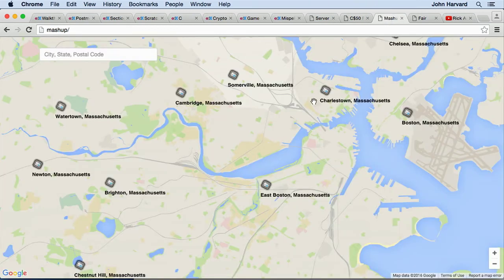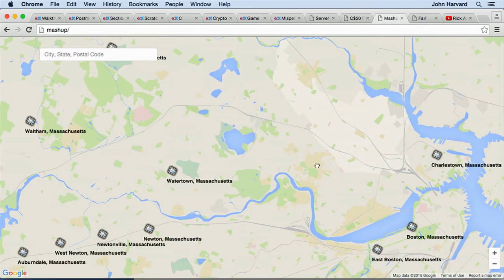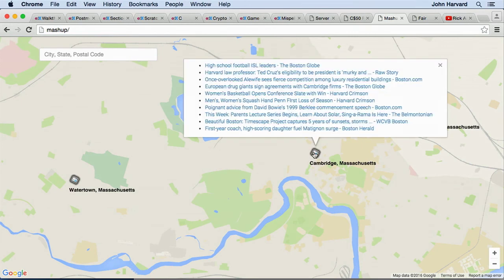We'll then mash together Google Maps and Google News, and using JavaScript and more, you'll build a web application with which to find articles from nearly any